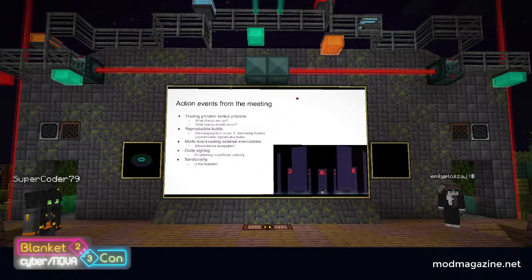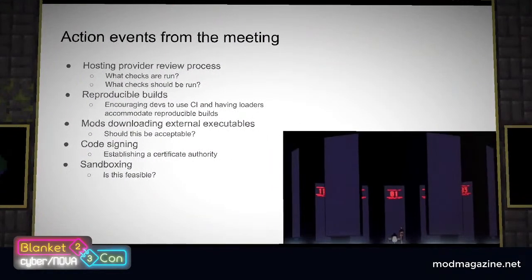Parties present committed to making sure reproducible builds were properly supported in build systems moving forward. In addition, we also encouraged devs to publish their mods using CI rather than doing it manually, and groups floated the idea of having templates in place to reduce the effort modders need to go through to set up CI. CI is beneficial because it lacks the intermediary step of modders manually uploading mods, which could have potentially spread Fractureiser, and it also removes some of the ability for modders to be secretly injecting code.